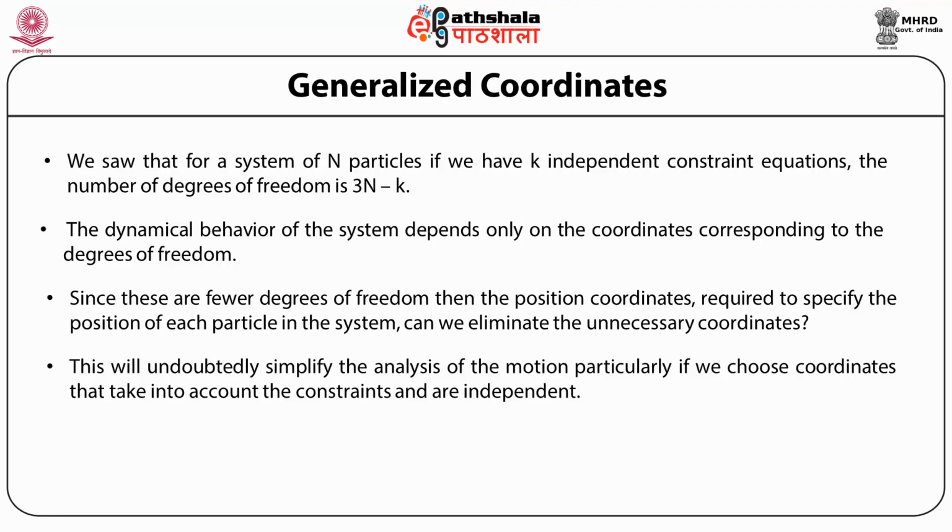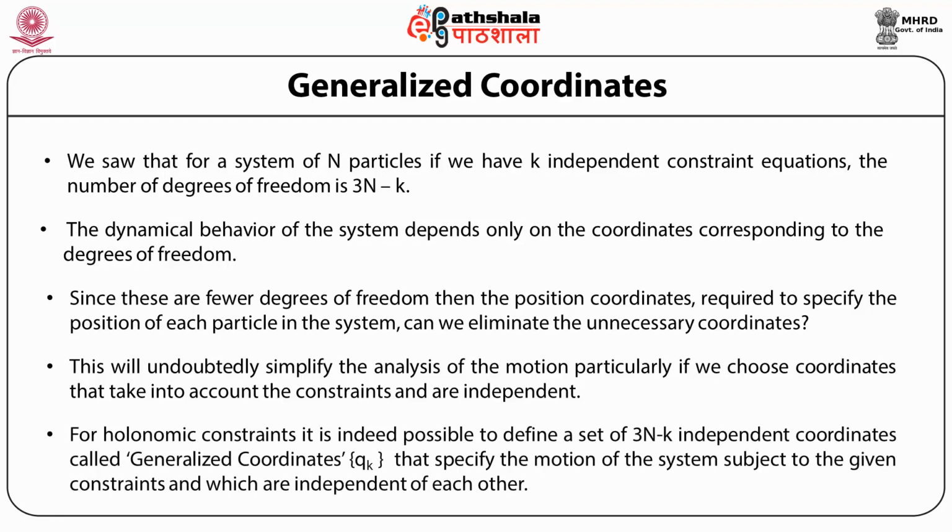the constraints, and if these coordinates are so chosen that they are independent, such coordinates we call generalized coordinates. Now, if the constraint is holonomic, then it is indeed possible to define a set of 3n minus k independent coordinates called generalized coordinates,